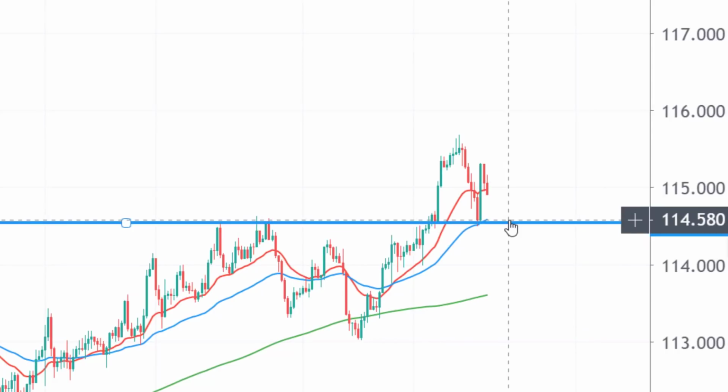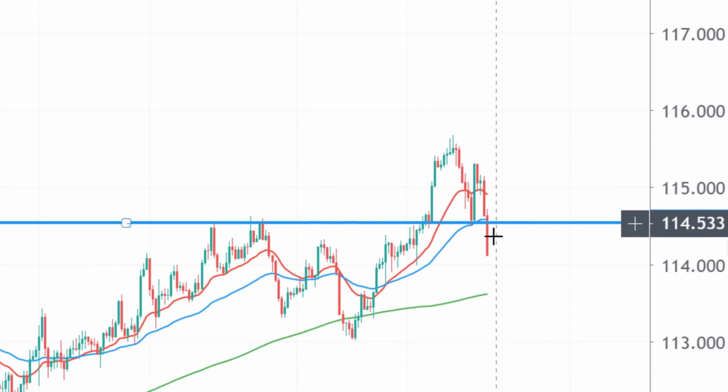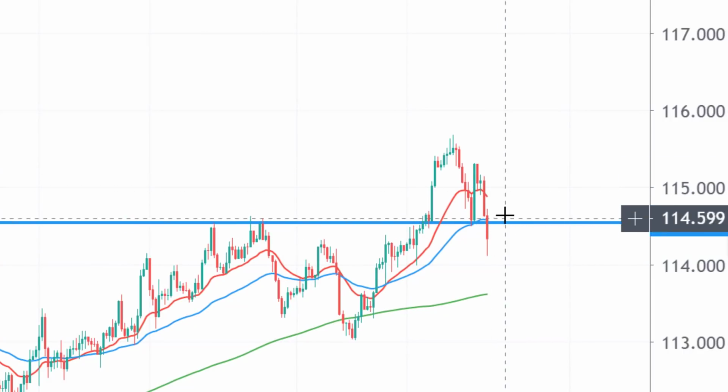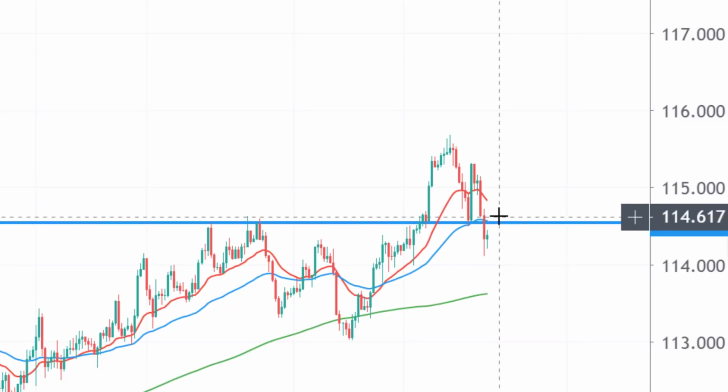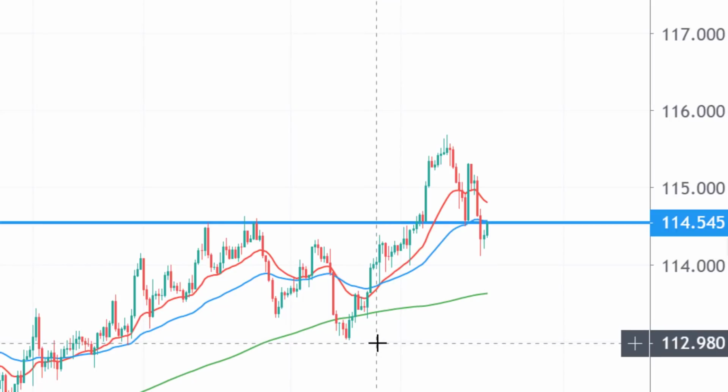And this was definitely a zone where I bought it around this 114.60 area, and I'll be showing that a little bit later. So the market comes down and actually breaks through it. Now, a lot of traders will be concerned with that. And ways you can deal with this is either you want to have a larger stop loss underneath the last swing,